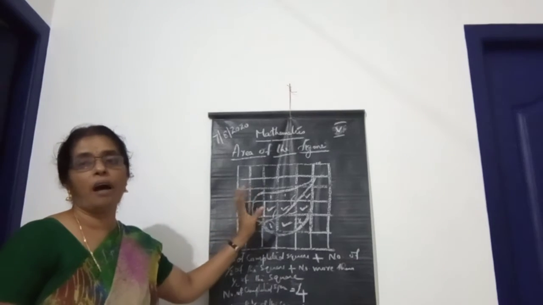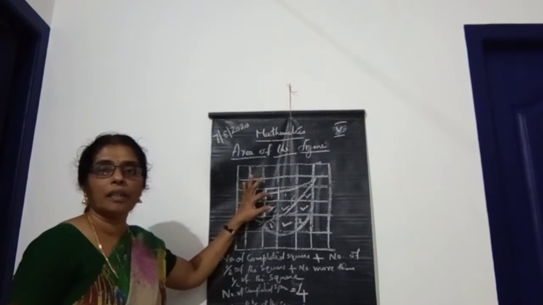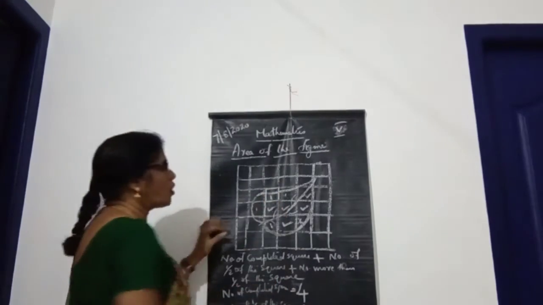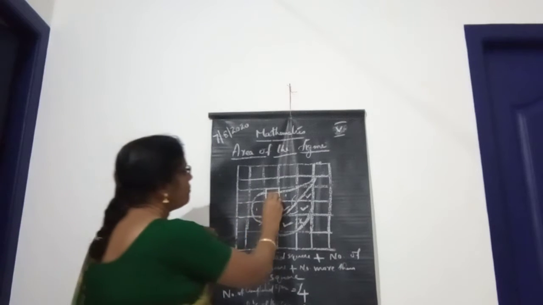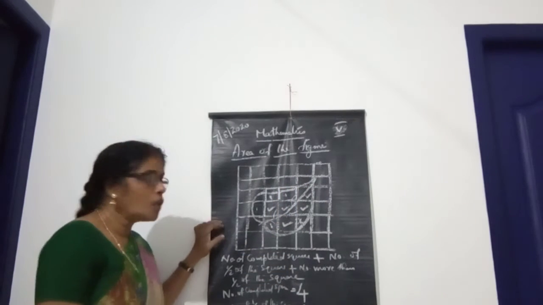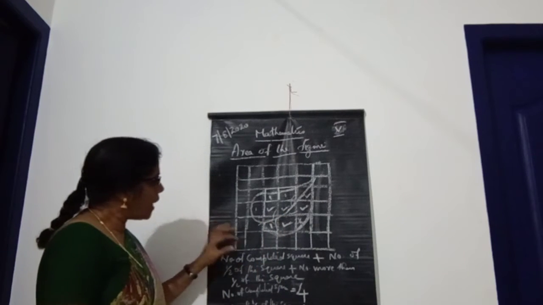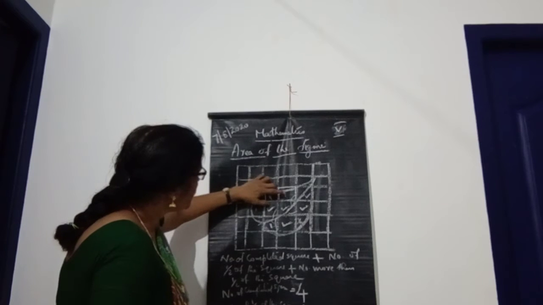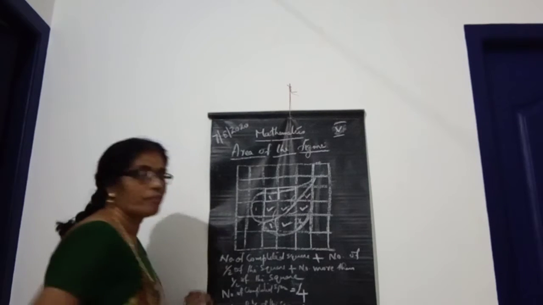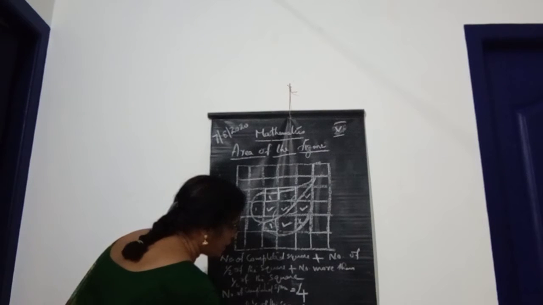And how many more than half squares? Look here, in this square the leaf covers up to this area, so this is 3/4, more than half a square, and we can take it as one. Next, this one also is more than half a square, and this one also. 1, 2, 3, 4. So 4 more than half squares.